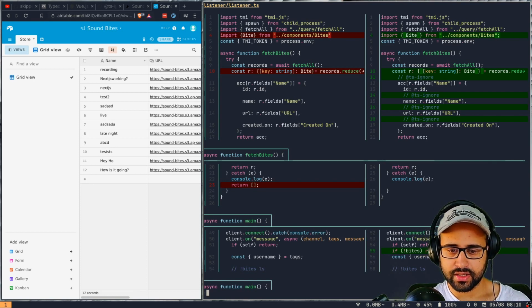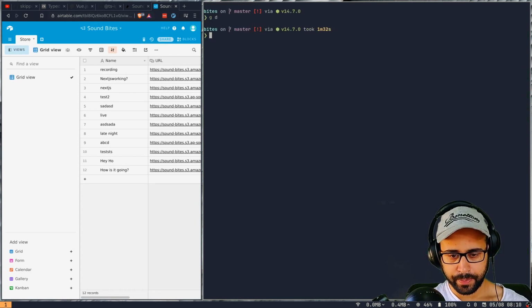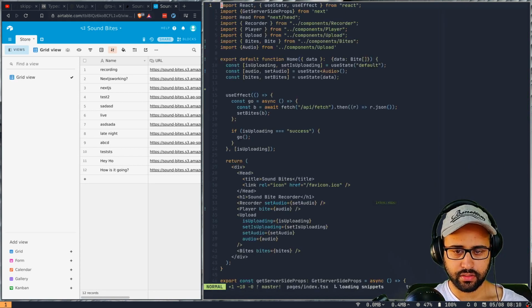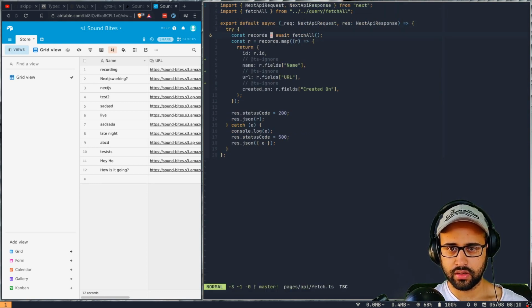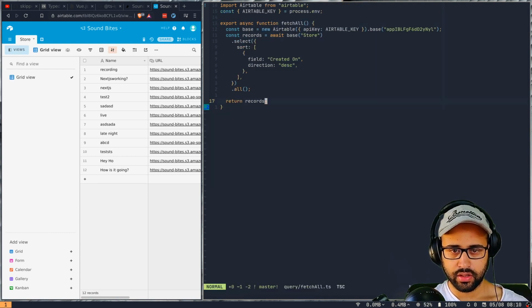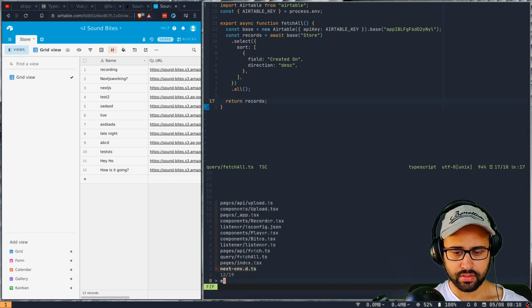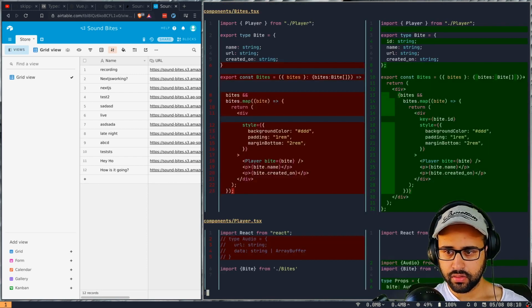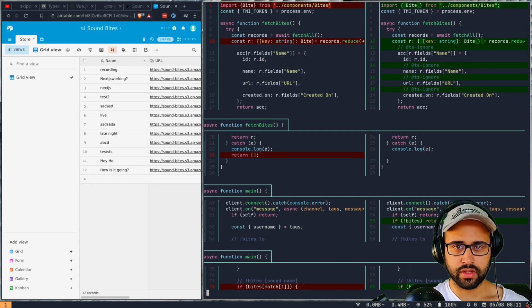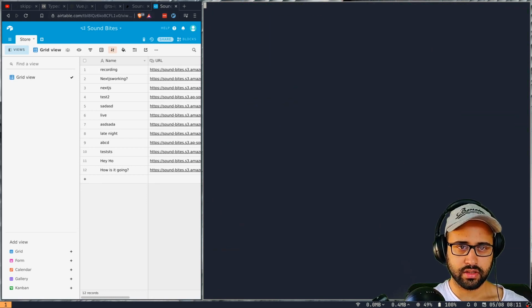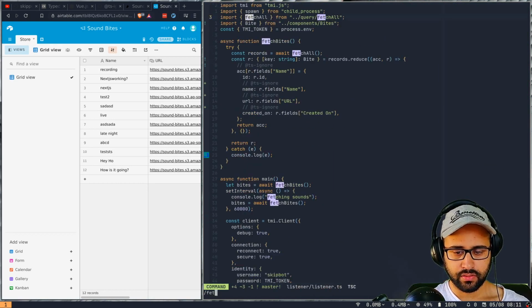Fetch bytes, I think fetch bytes is something that needs to be fixed, right? I think because in our index we are calling fetch bytes, right? We are calling fetch, and fetch in turn calls fetch all, right? So if I go to fetch all, where is, okay, fetch bytes? Just a second, something was incorrect here, right? So this is the fetch bytes function within a listener, right? So listener, fetch bytes.